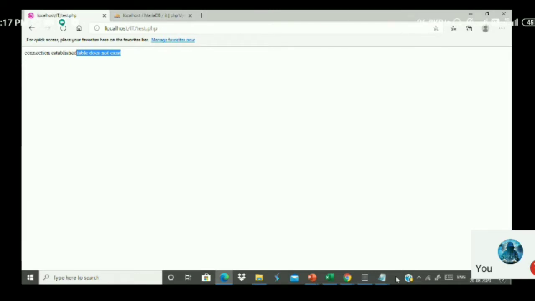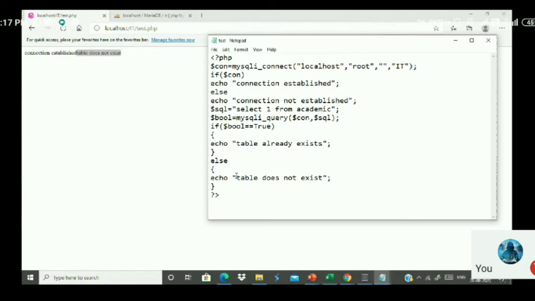So now I go to this false condition, the else part, where the table does not exist. Now, how to create a table? Listen carefully. Now we write this command again, in SQL. Create table, and what is the name of the table? It is called academic. It should have the parameter called name. Name is varchar of 20. The data type is varchar here. Now the next one is age. Age is integer, and again register number varchar of 20.